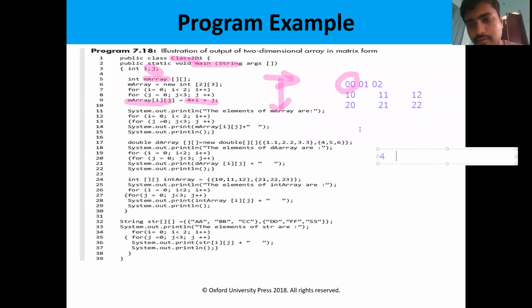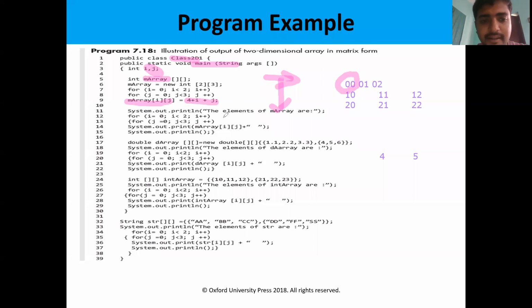Next, the 0 1 position, that means i value 0, j value 1, that means 5. So likewise, all the elements are filled by using this formula.